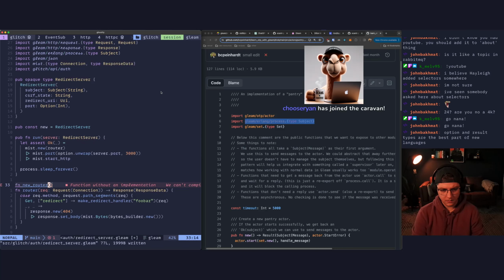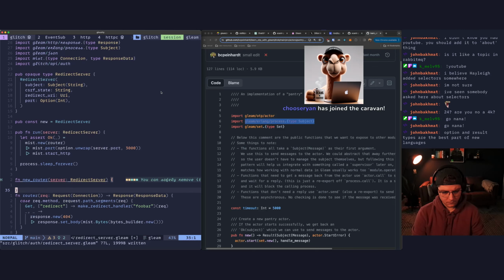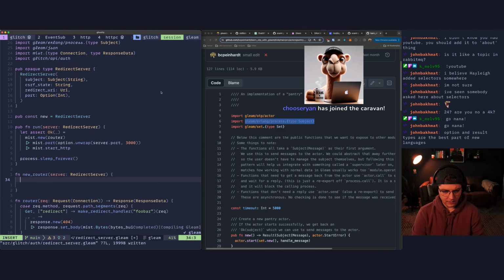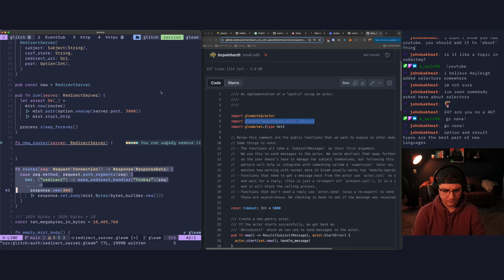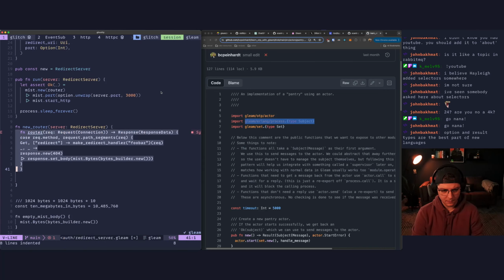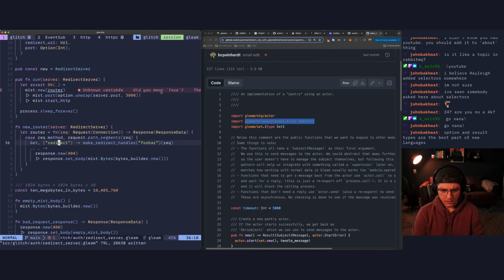We'll come down here, paste that in there, we get this function, right? So we just move that up in, and we'll say, rather than function, let router equal this anonymous function, and this is going to be instead